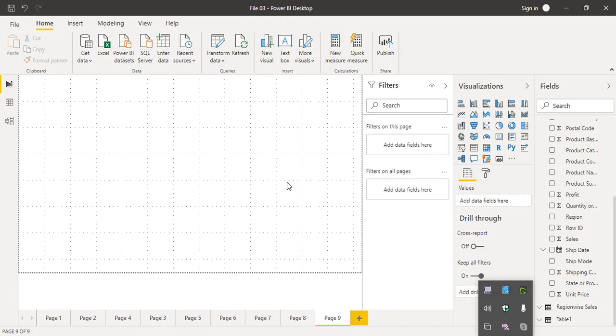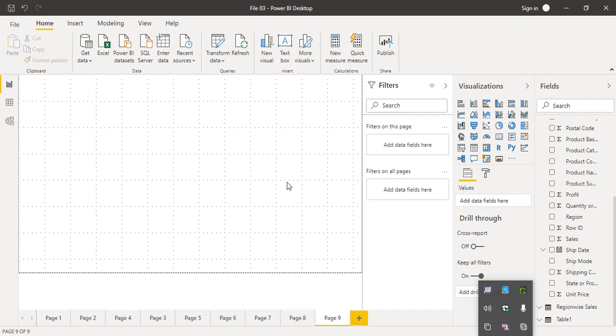In this video, we will be seeing how we can insert the different types of buttons in Power BI and what are the different types of actions that are possible through these buttons. Basically, different actions are possible, but we will be focusing mainly upon web navigation, page navigation, and the back or the forward buttons.